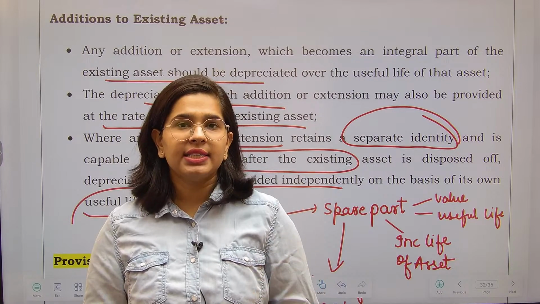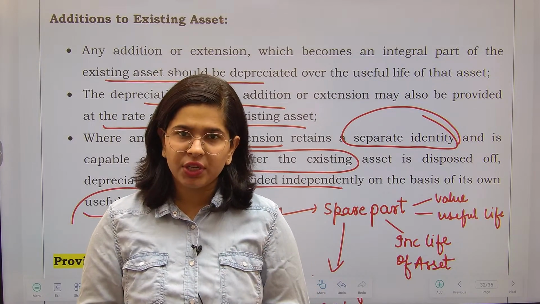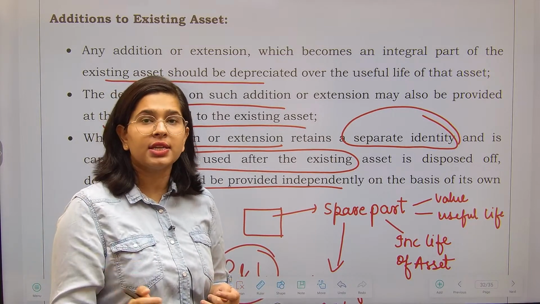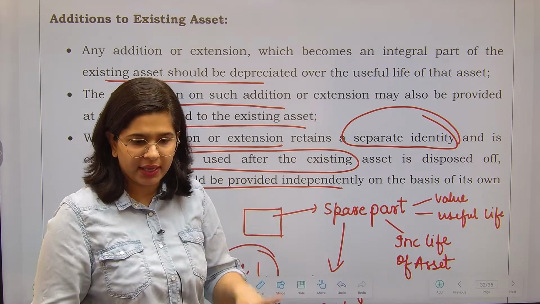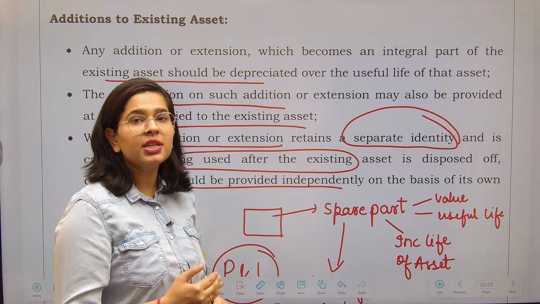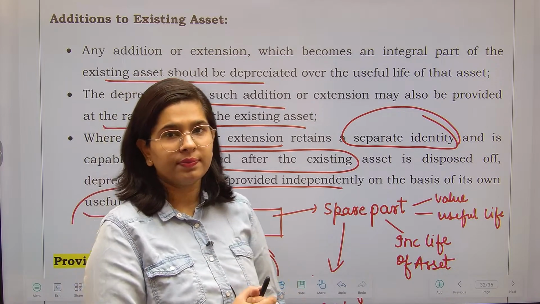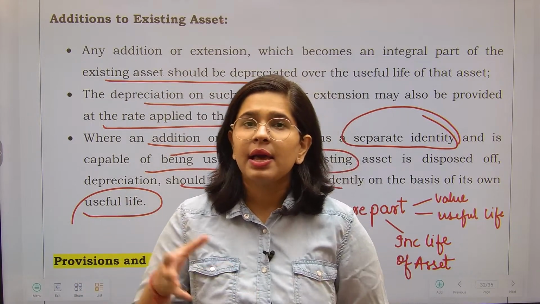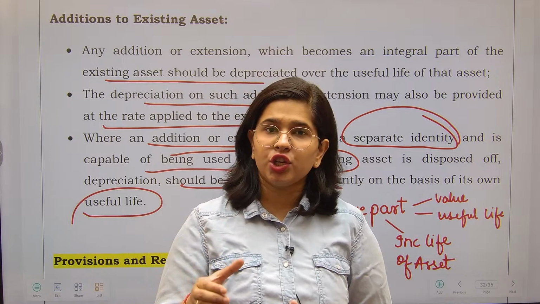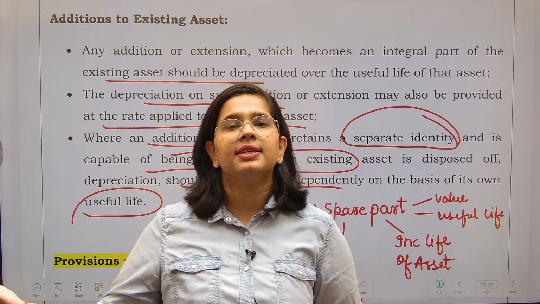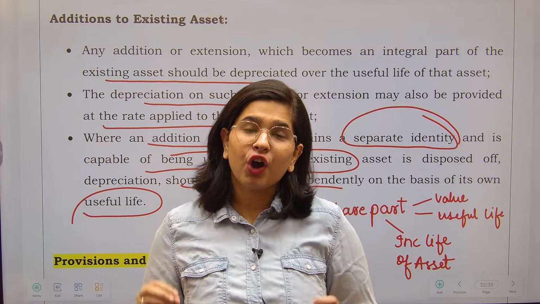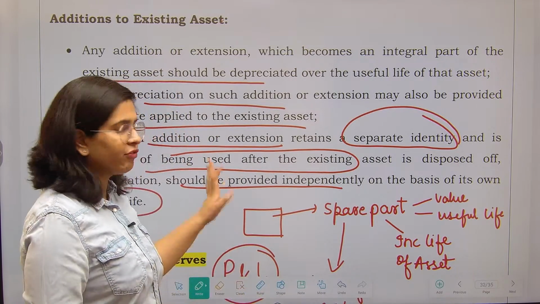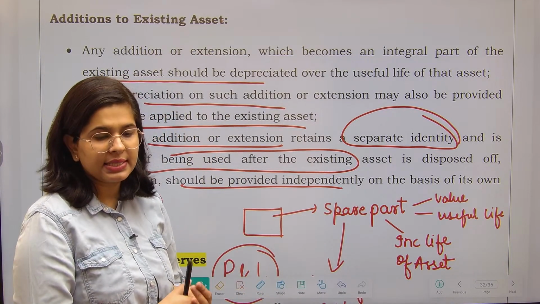If addition is increasing life of machinery, efficiency of machinery, then you should definitely include that cost in the cost of machinery itself, number one thing. But if the addition is having a separate life of its own, मान लो मशीनरी तो बस 5 साल ही चलेगी, machinery I can use just for 5 years, but the addition that I am making in the machinery, it can be used for next 8 years as well. So I should record this into my balance sheet separately. ठीक है? So I guess after this discussion, your depreciation topic is complete in all